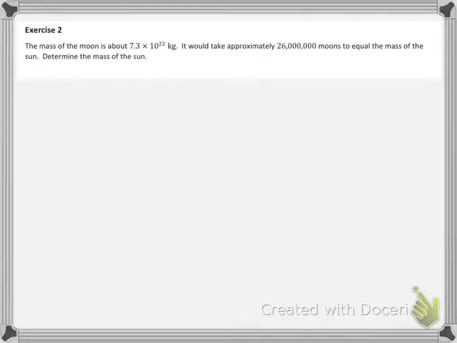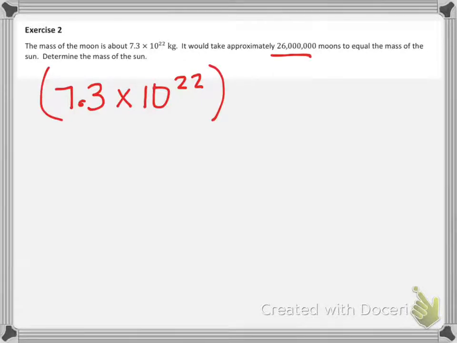So we're going to take the 7.3 times 10 to the 22nd power, and we're going to multiply that by the number of moons, and I'm going to write that in scientific notation, 2.6 times 10 to the, well, I've got 3, 6, 7. So this is 10 to the 7th power. All right, and then we're going to go ahead and multiply. 2.6 times 7.3 is